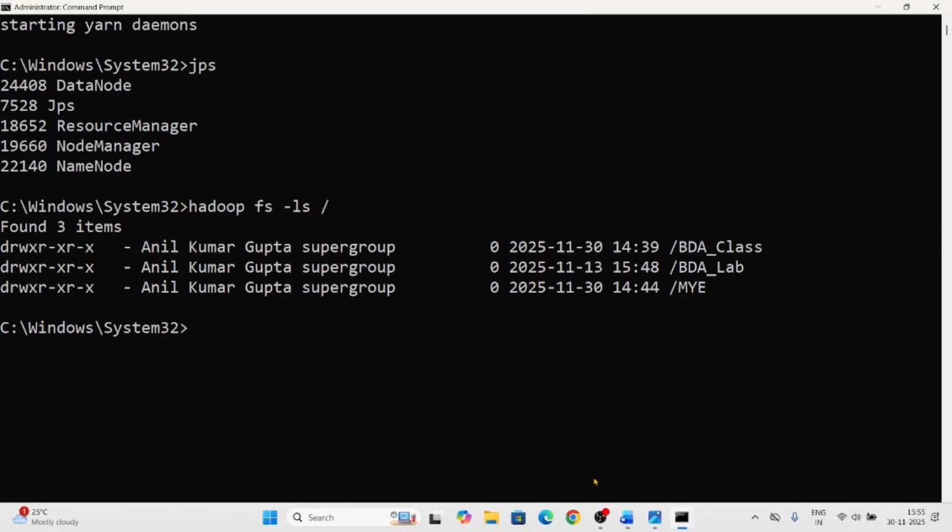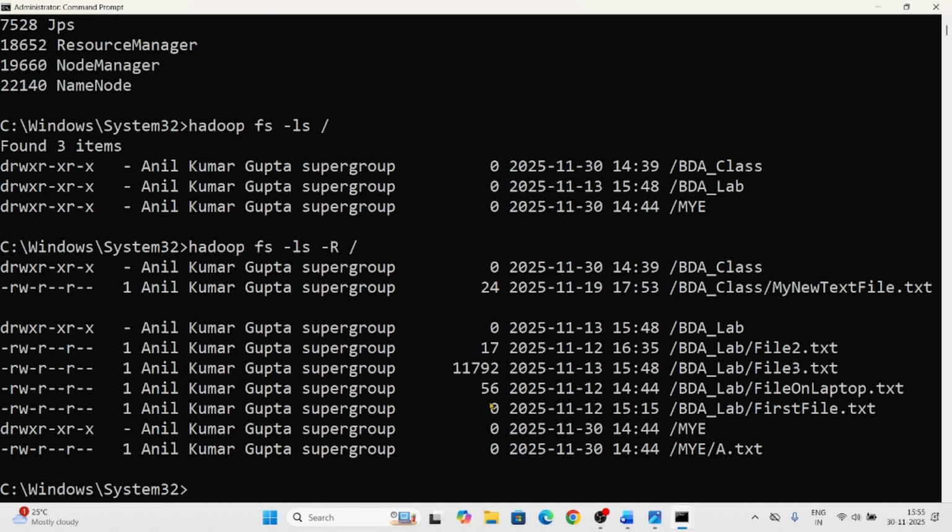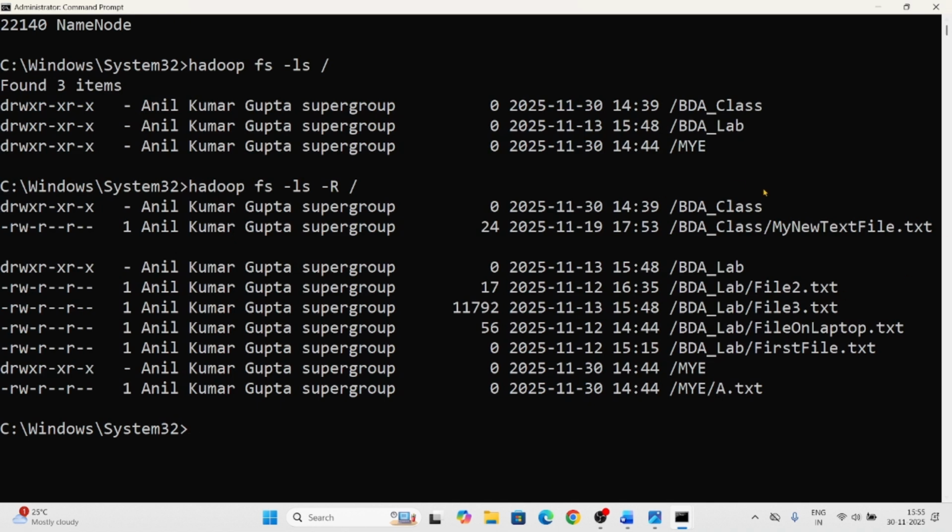So let's go to our command prompt. I type in Hadoop FS -ls -r and the root directory. As soon as I hit enter, you will see a list of all the files that are present in each of these directories.